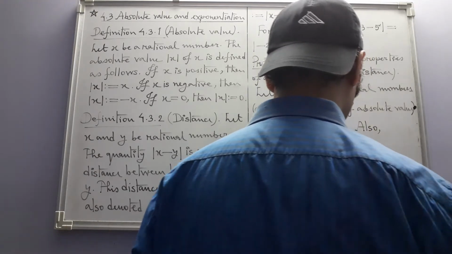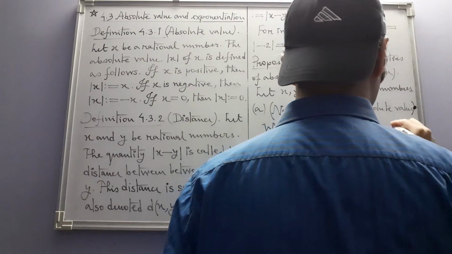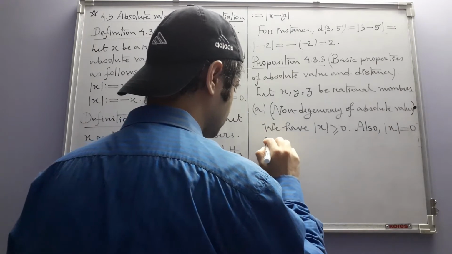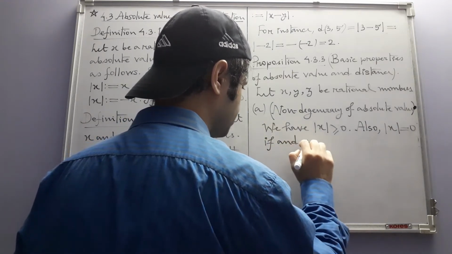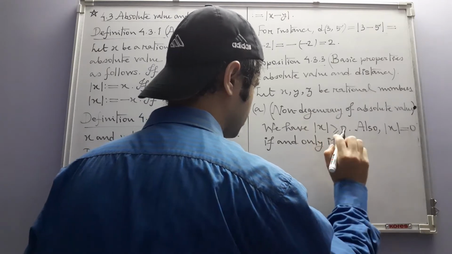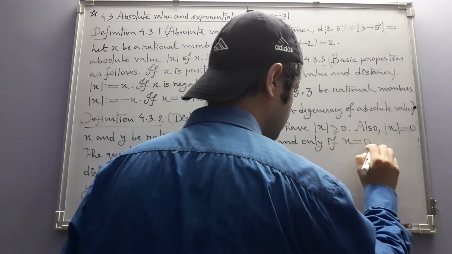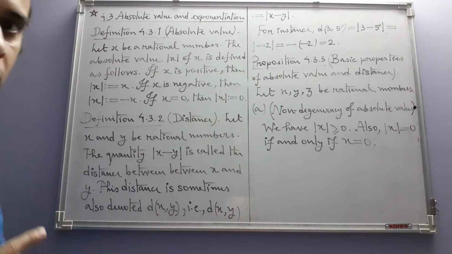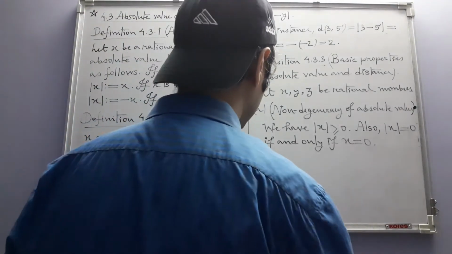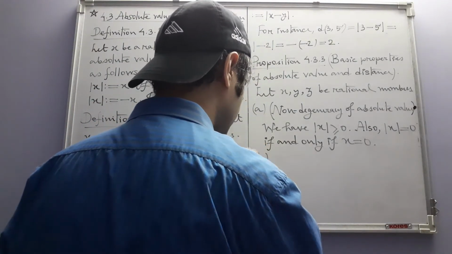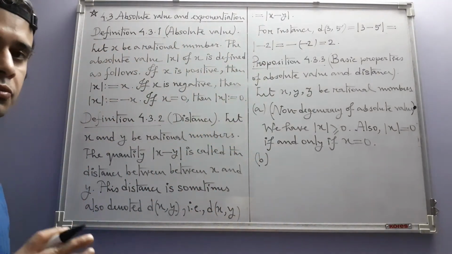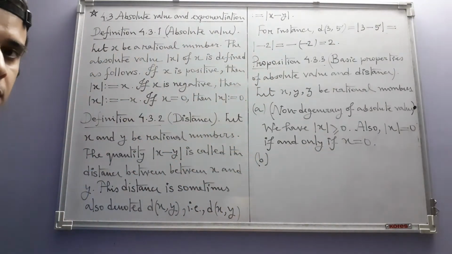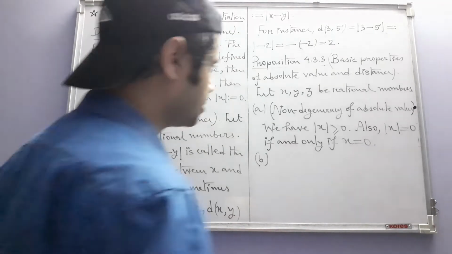Also, the absolute value of a rational number is 0 if and only if the rational number itself is 0. In fact, because of this we say that absolute value is non-degenerate, or it has non-degeneracy. A non-zero rational number can never have 0 absolute value. So because of this part, it will then have positive absolute value, which is also a rational number.